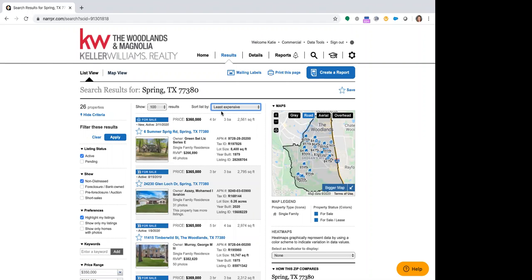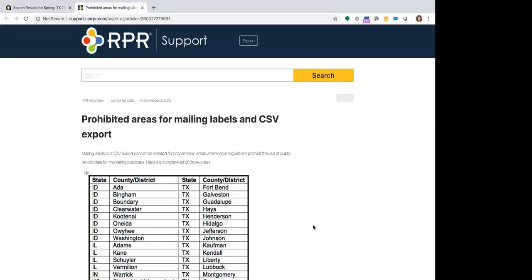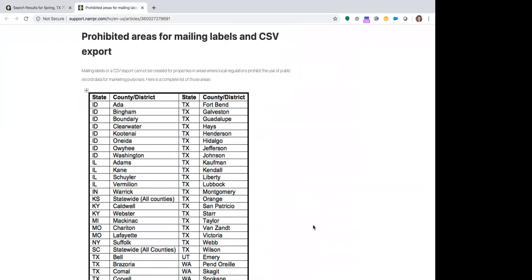Oh, okay, Teresa informed me that if you go up to your mailing labels, you guys cannot export mailing records. So this is not RPR. Please don't kill the messenger. RPR has to abide by all local and state regulations. And there are